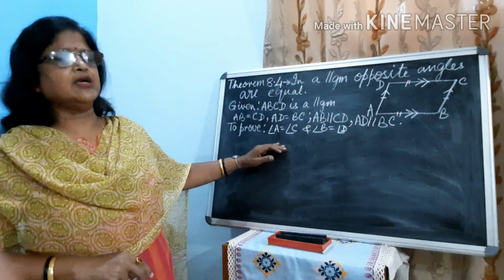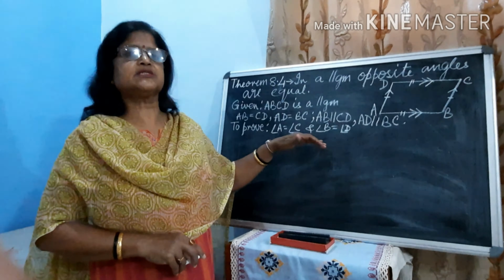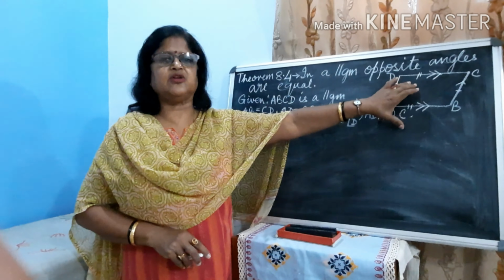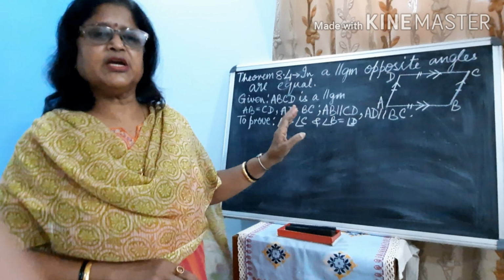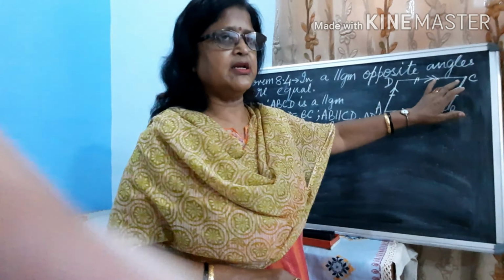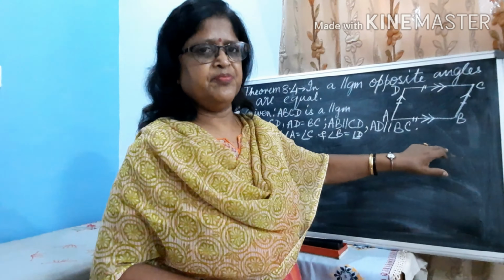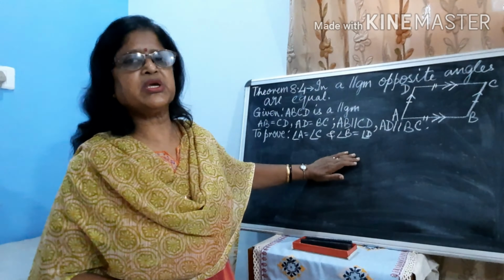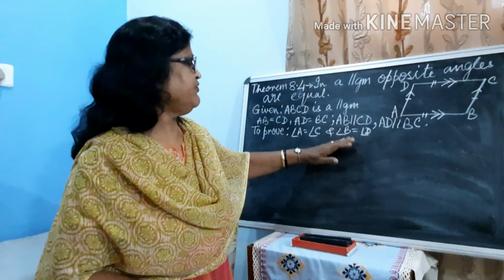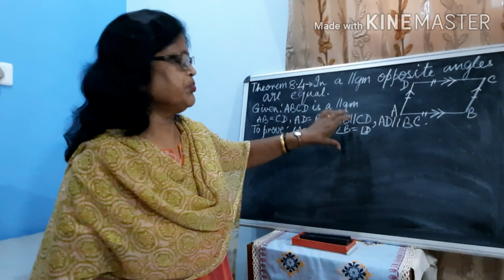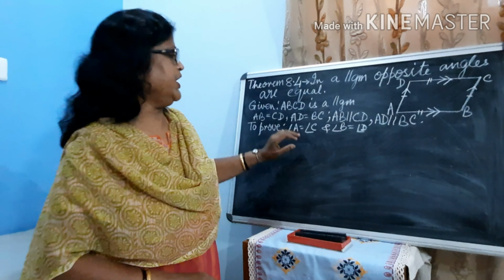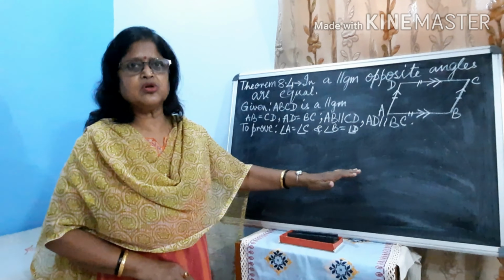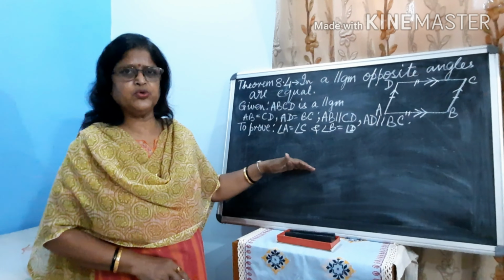Now before we start to prove this, let us decide what way we will prove it. Again the same thing, children. We have to convert this parallelogram into two triangles. How can we do it? By joining any of the diagonals, either AC or BD. Here, in one construction, in one step, we cannot prove it. So we will prove either A equal to C or B equal to D. If we prove A equal to C, we can write similarly angle B equal to angle D. What all causes, after proving one set, you will come to know.